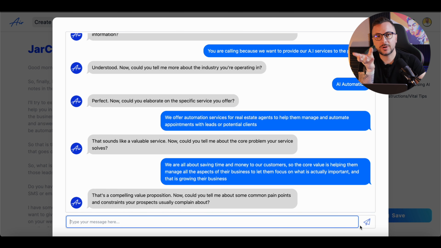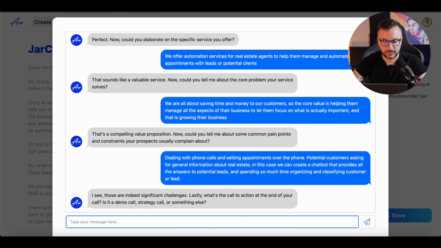So now we have to provide the pain points. So let's think about a real estate agent. And again, once you do meetings with customers, you ask all these questions, so you already know what is painful for them. So let's say dealing with phone calls and setting appointments over the phone. Lastly, what's the call to action at the end of your call? It's a demo call, strategy call, or something else. The call to action is a video meeting with us, and you will send them the link via text so that they can book